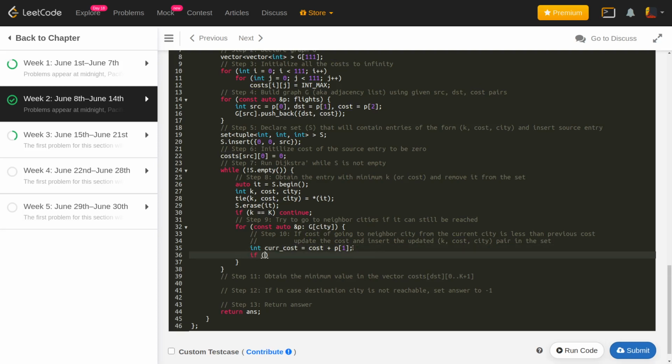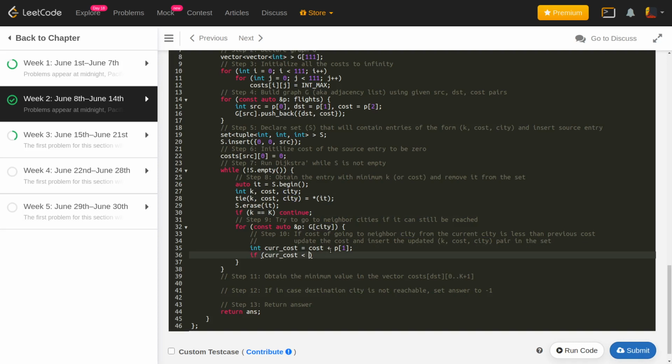Now if this current cost is actually less than the cost that I already have with k plus 1. Why? Because I have already covered up to k cities for this city. So if I go to the next city, the number of cities is going to be k plus 1, right?